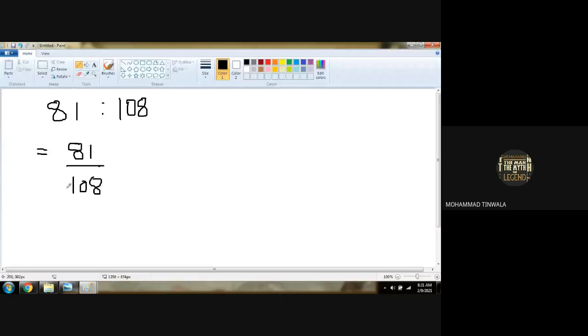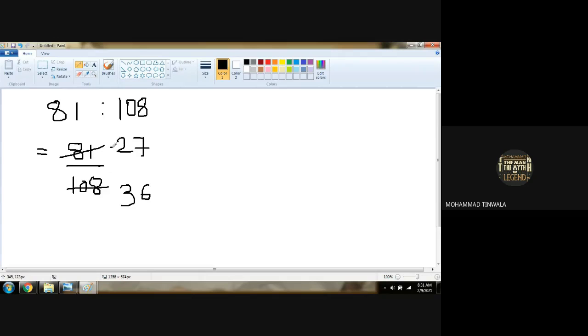But in table number 3, both the numbers will be divided. 8 plus 1 is 9 over here, and 8 plus 1 is 9 there too. So both go with 3. 3 2s are 6, 3 7s are 21. So 3 27s are 81. Now 3 3s are 9, 1 here, 3 6s are 18. So 3 36s are 108.